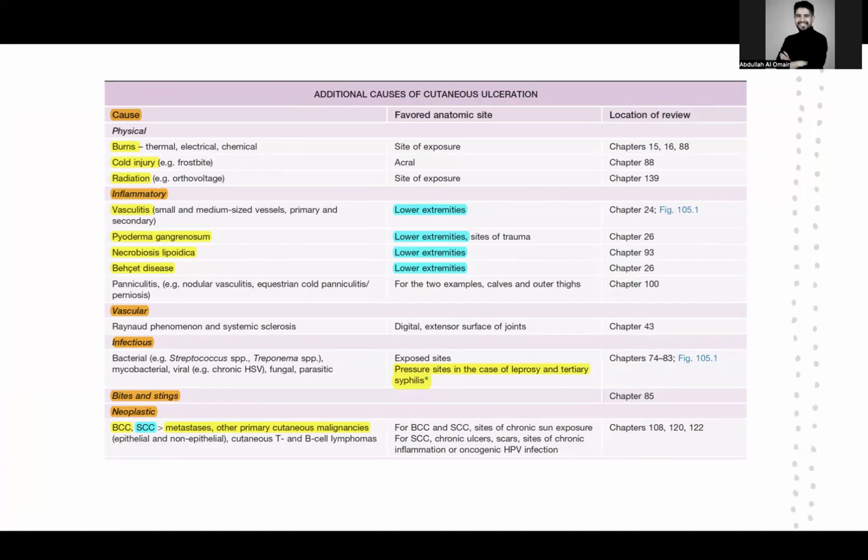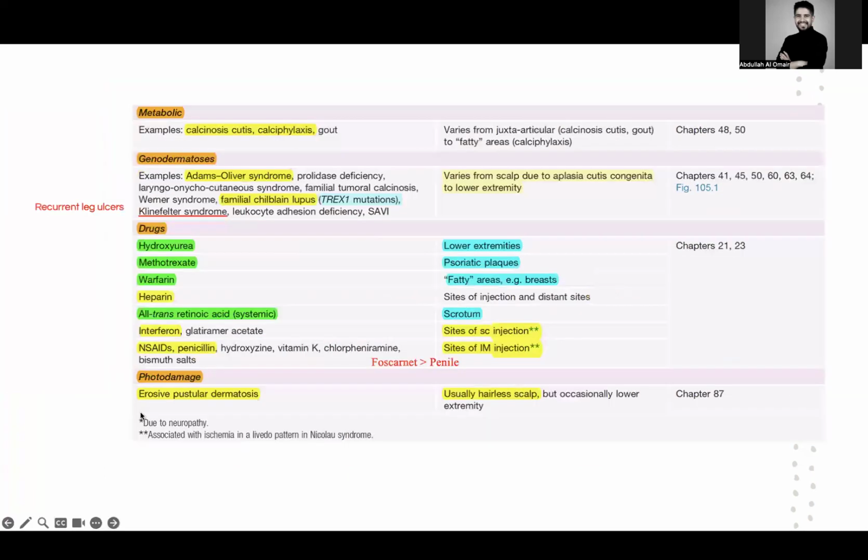We have vasculitic, neutrophilic dermatosis, infectious cause, neoplastic, which is the most common, going to happen with the BCC. But I'm going to mention 2 things. The first thing is genetic dermatosis, we have 2 parts. Patients with a clefenter mainly get recurrent leg ulcer, familial chilblain lupus which mainly happens in the hand with the